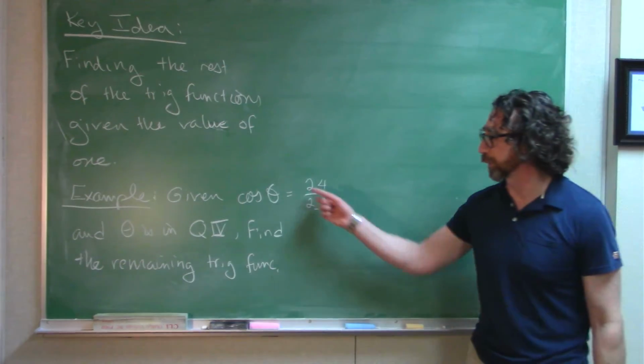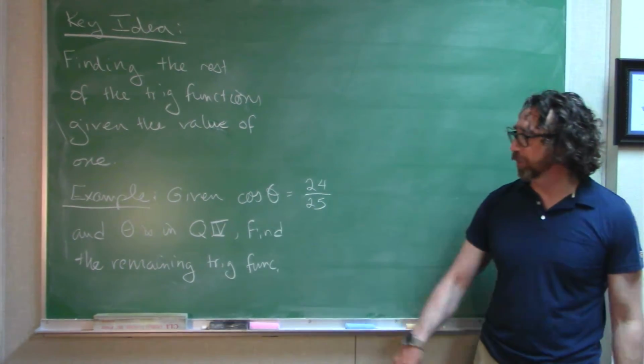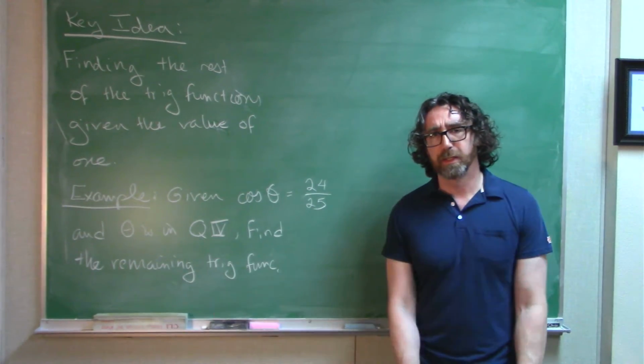Okay, so we're given the value of cosine, and we're told this extra bit of information that theta is